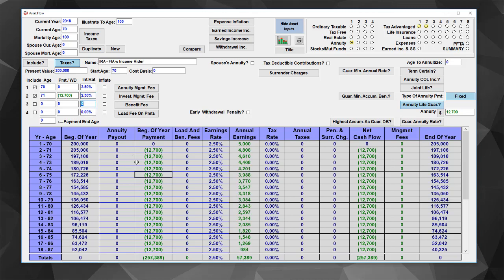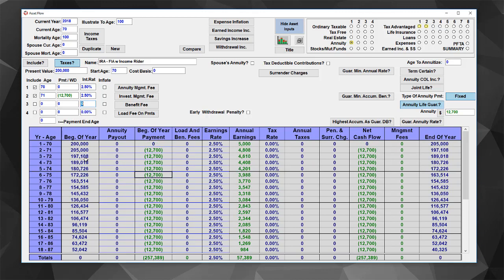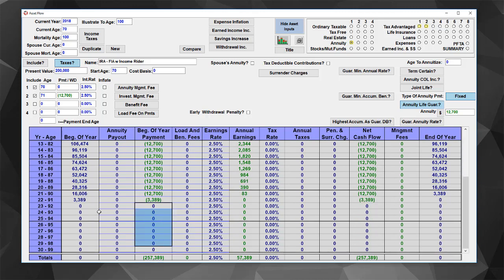All right? But what's going to happen inside this account is that it's eventually going to run out. So the way that I can illustrate an income rider on an account like this, because this account would still have a legacy value if the client passed before it ran out, so it's not fully annuitized. But it also has an income that will continue beyond the account running out. So what we can do here is we can use the annuity lifetime guarantee of 12.7, but that is not going to trigger until it's not going to be considered. It's not an annuitization, but we can use the annuitization at the year that this thing runs out of